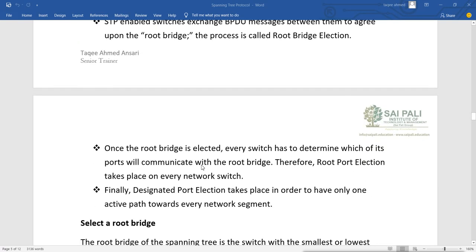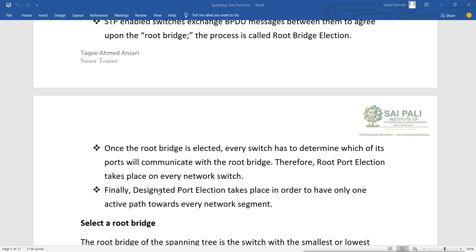once the root bridge is elected, every switch has to determine which of its ports will communicate with the root bridge, and therefore root port election takes place on every network switch, and the root port will be selected based on the port and path cost.